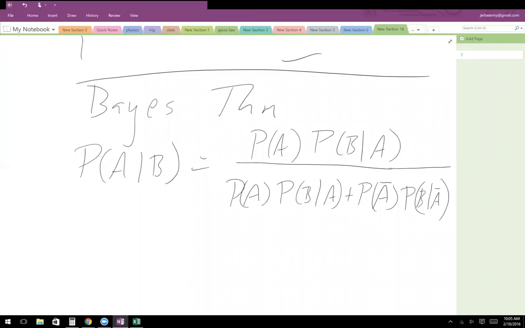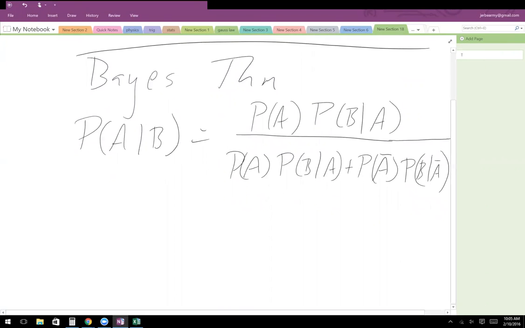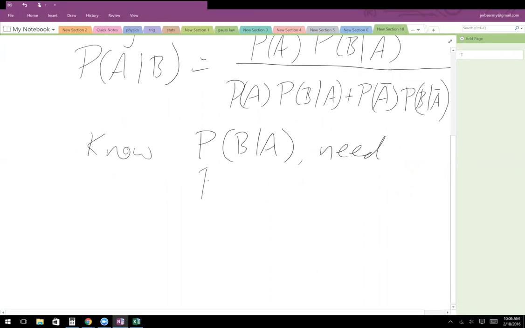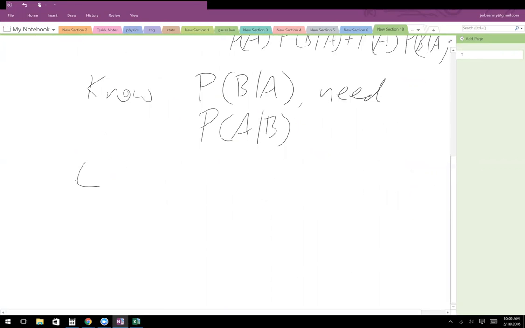All right. And what this is useful for is that usually in real life, we know the conditional probabilities one direction or the other, but we want them the other way around. So for example, this is what it's used for. Let's say Ty is gonna, I don't know,